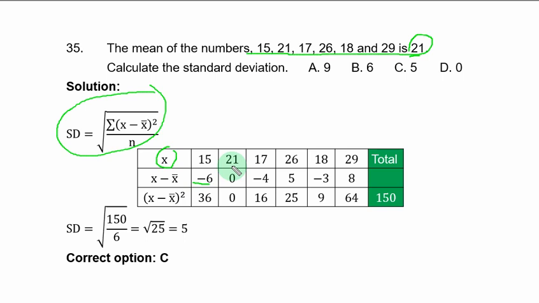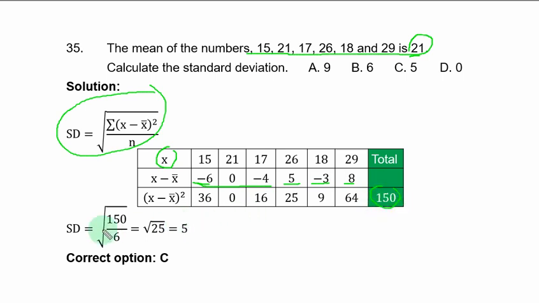21 minus 21 is 0, and so on. Then S minus S bar all squared means you squared everything here. Minus 6 squared is 36. 0 squared is 0. Minus 4 squared is 16. 5 squared is 25. Minus 3 squared is 9. 8 squared is 64. If you add together, summation means add, you have